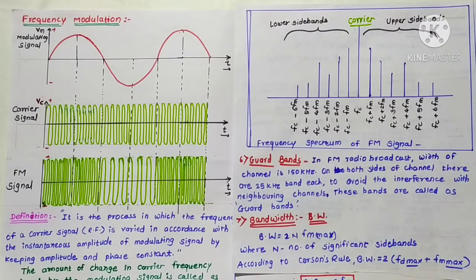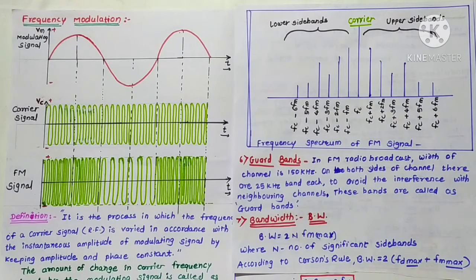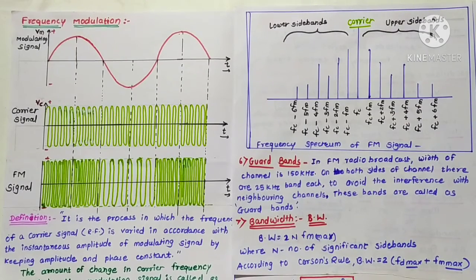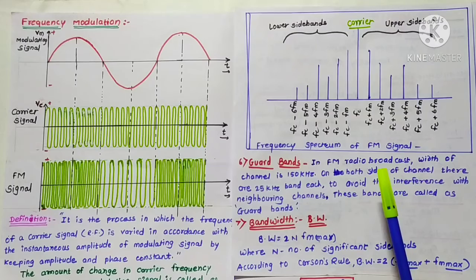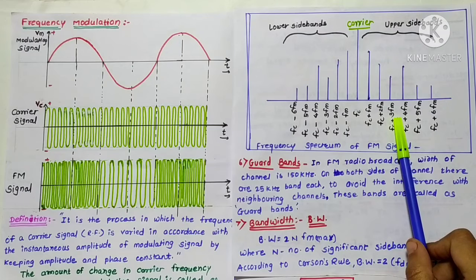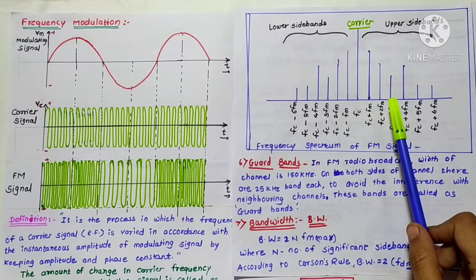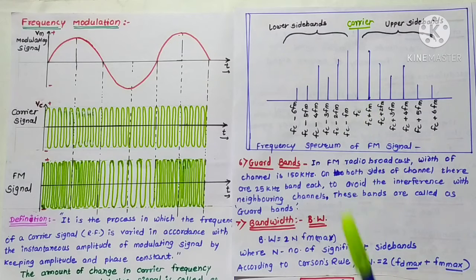In this FM process, there is a production of an infinite number of sidebands, but only those with amplitude at least 1% of the unmodulated carrier are significant sidebands. So, how to know the significant sidebands? Knowing the modulation index, the number and the amplitude of significant sidebands can be calculated. This is done through a mathematical process known as Bessel's function. The higher the modulation index, the wider is the bandwidth, and the new term arises here, the bandwidth.